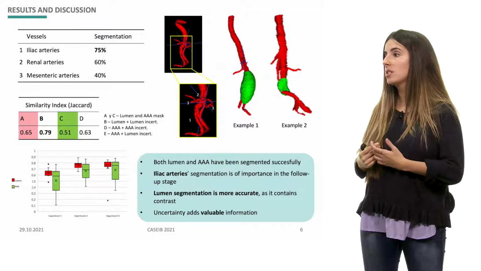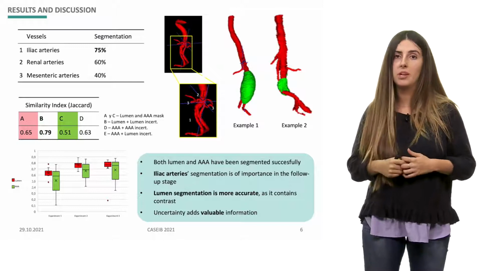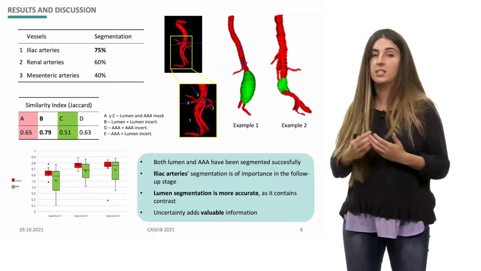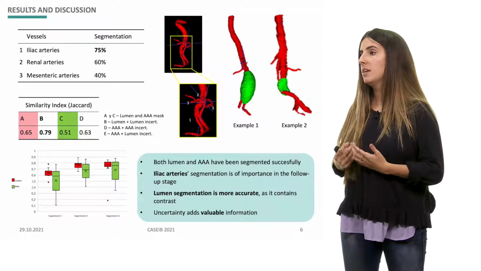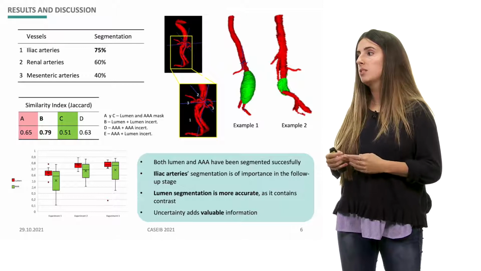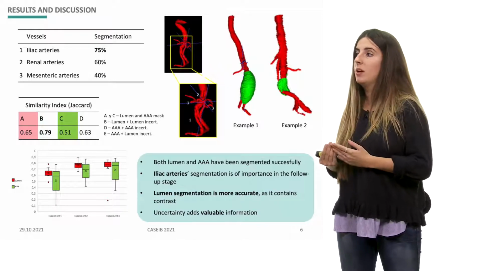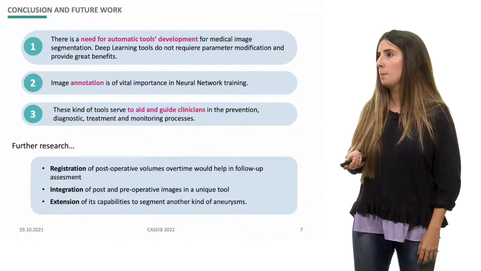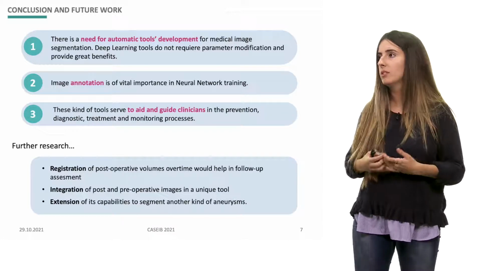The uncertainty voxels around the lumen region are those which contain the most useful information. It means that those regions classified as uncertainty correspond to the lumen class. Otherwise, aneurysm surrounding uncertainty seems not to add any extra information, which means that the manual annotation of the aneurysm has been very accurate. As a general conclusion of the project, we can see that we have achieved to develop